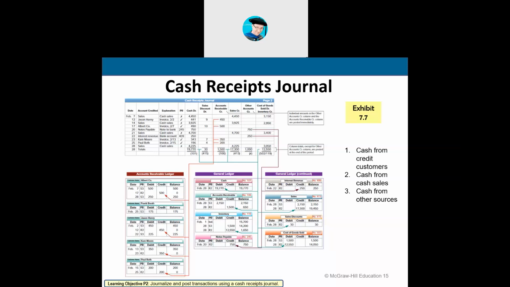And so, if I'm debiting cash, I'm crediting another account. We have a couple of examples here. If I debit cash, I have to credit something. I'm either crediting accounts receivable, or I'm crediting sales,